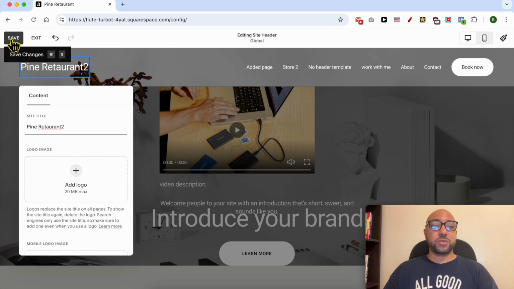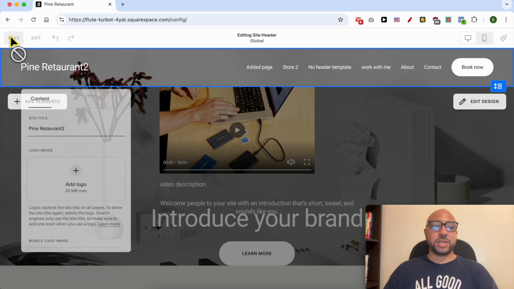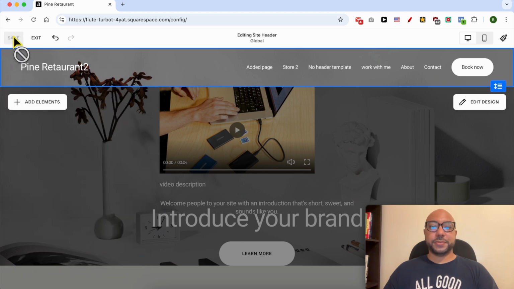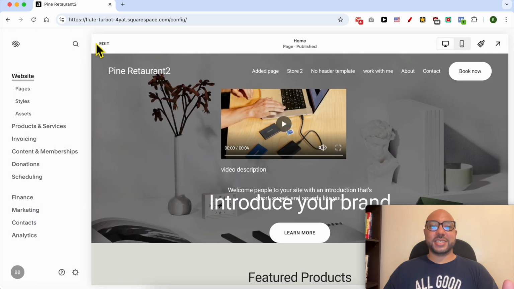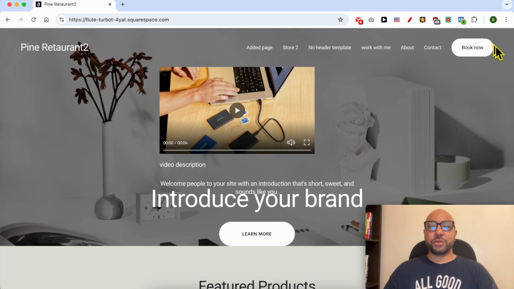Don't forget to click on this save button on this corner to not lose your editing. Click on this exit button to check your website live, and this is how to change your